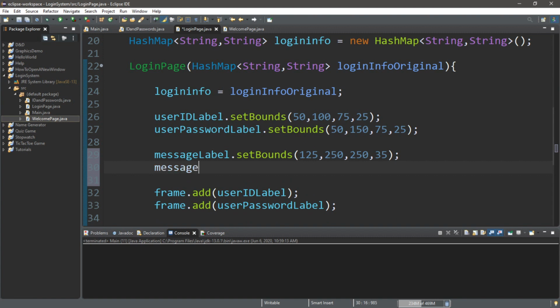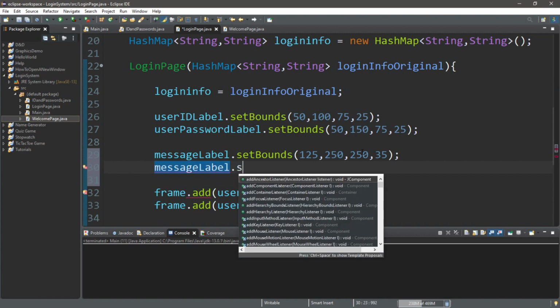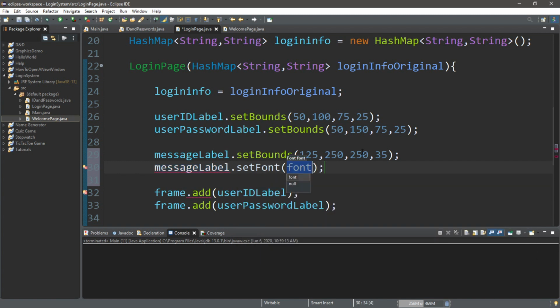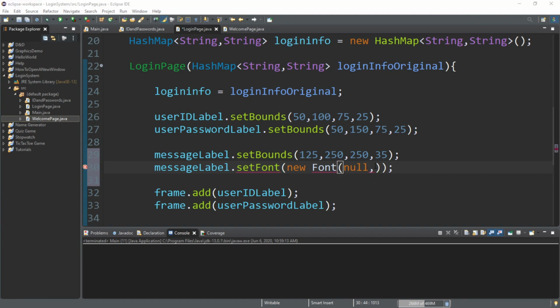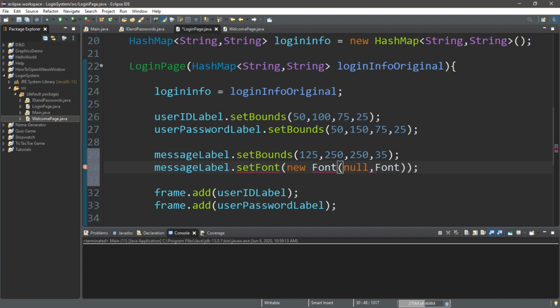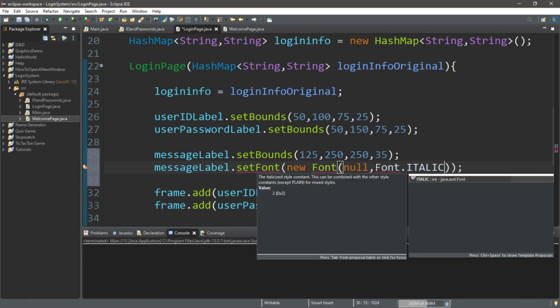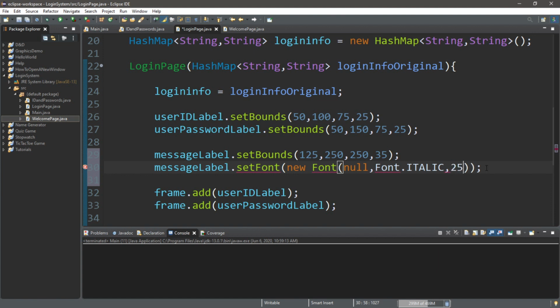So messageLabel.setFont within parentheses new Font, and we don't really care about a font type. We'll just set it to null for now, and we will set this to maybe italic. So Font.ITALIC, and maybe a font size of 25. Then we need to import this as well.